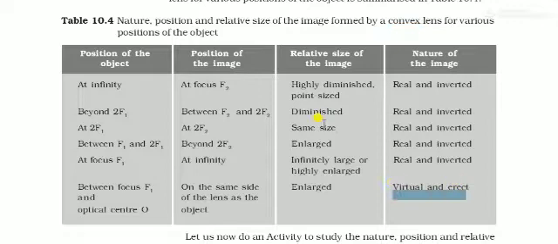So can we say that in case of mirror, what were the conditions for the concave mirror? It is the same for the convex lens. So the concave mirror and the convex lens are both the same. Not exactly the same, but the positions of the object and the nature of the image are slightly the same here. In case of lens, we have to go for all these 6 conditions for convex lenses.